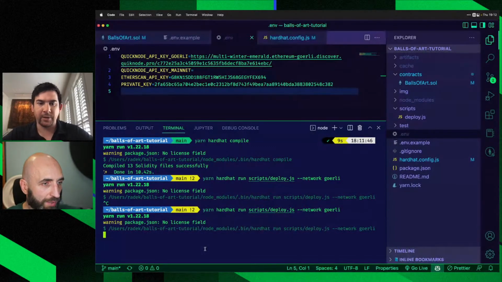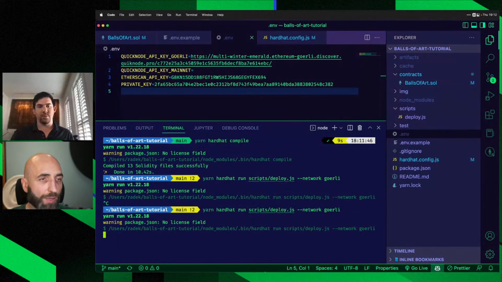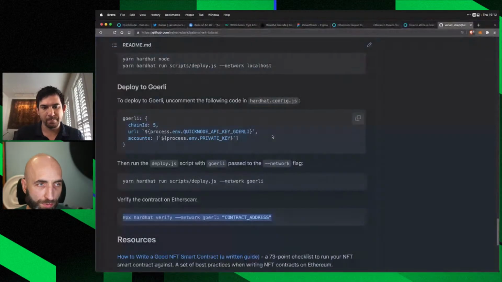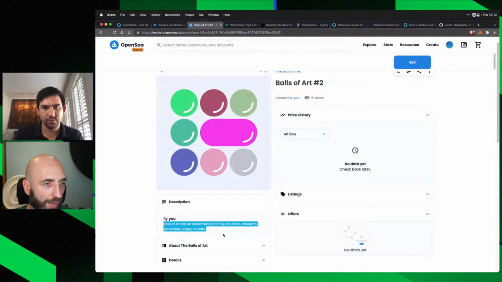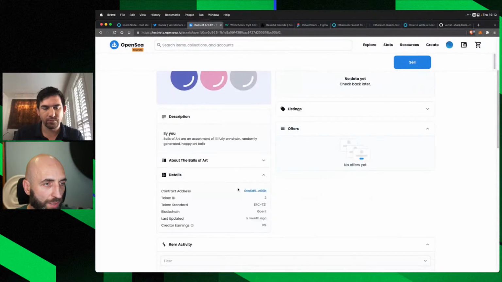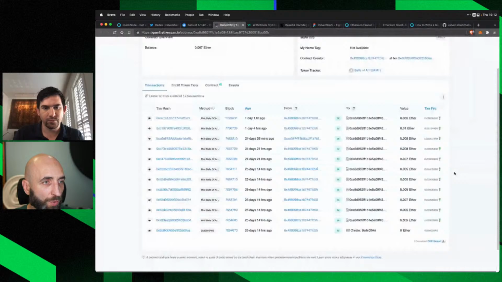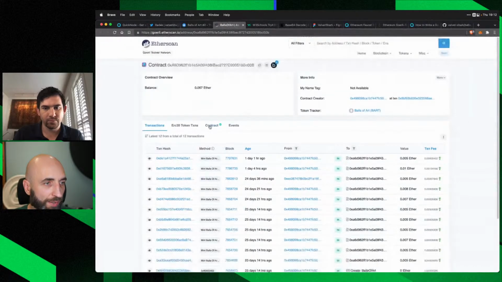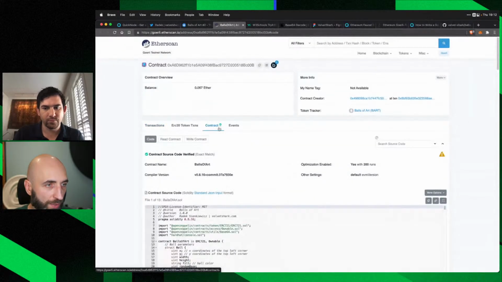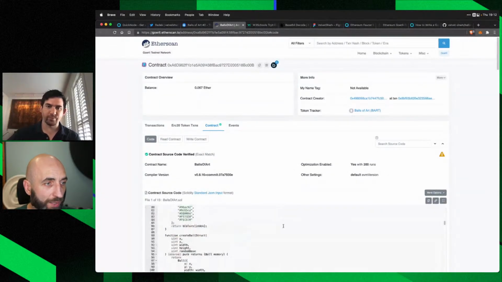Okay, it looks like it doesn't go through. So let's go quickly through the last step. Assuming that it goes through, what happens next is that we get the address, and then we verify on Etherscan. We'll need to work on this one, sorry about that. We would have this on Etherscan, and this would be the verified contract, with the green check mark. Once we have that, we can